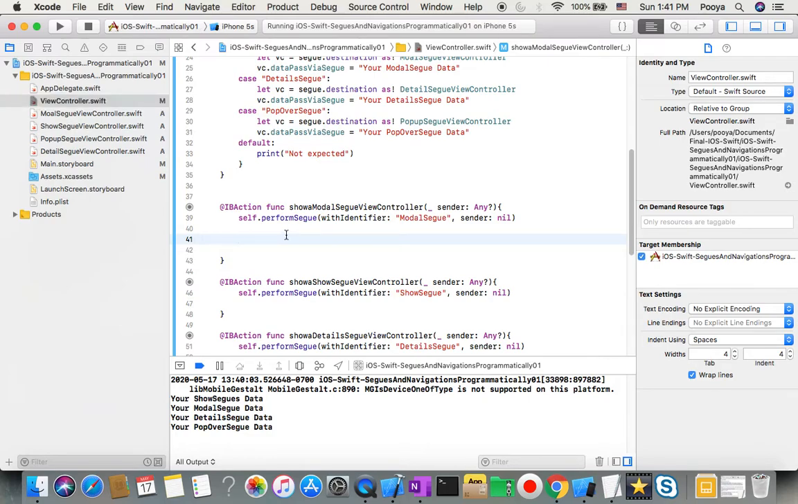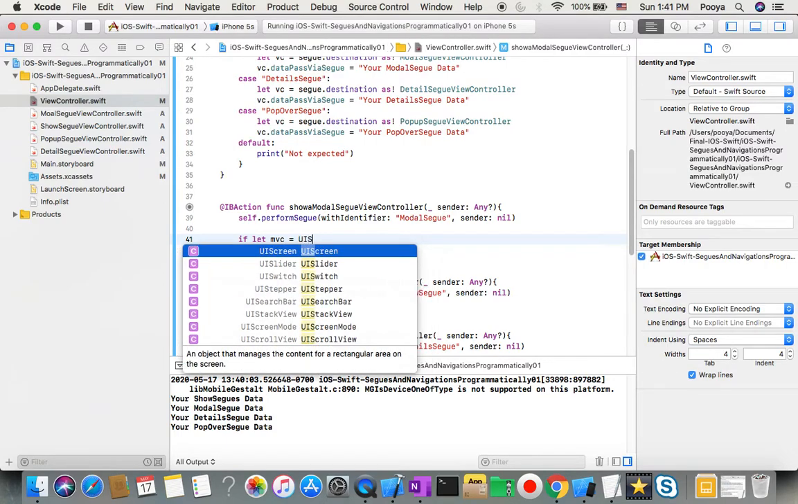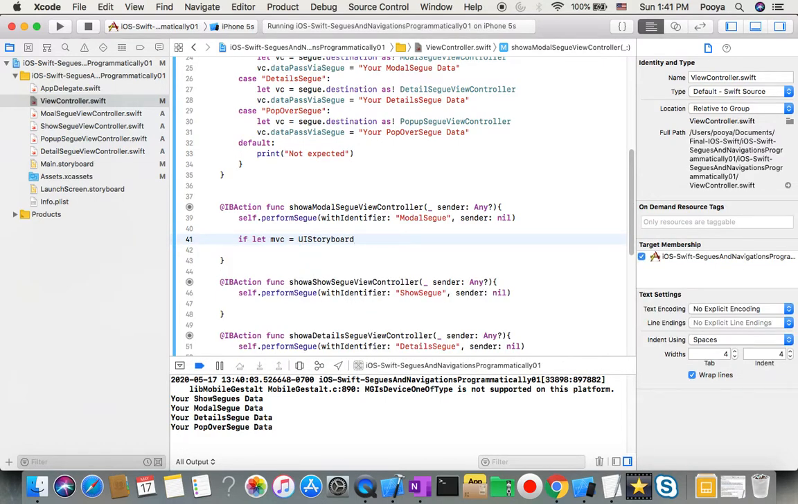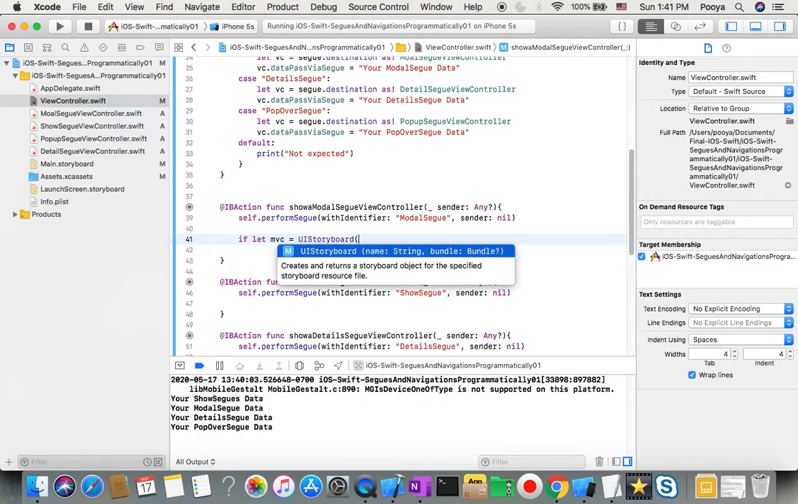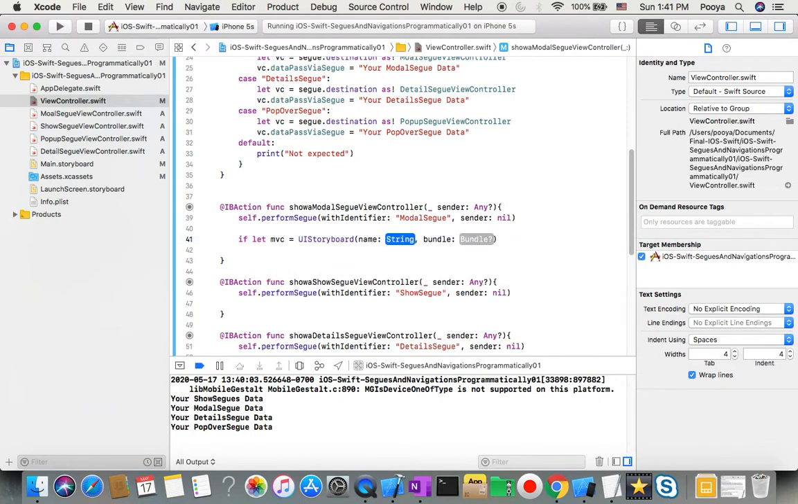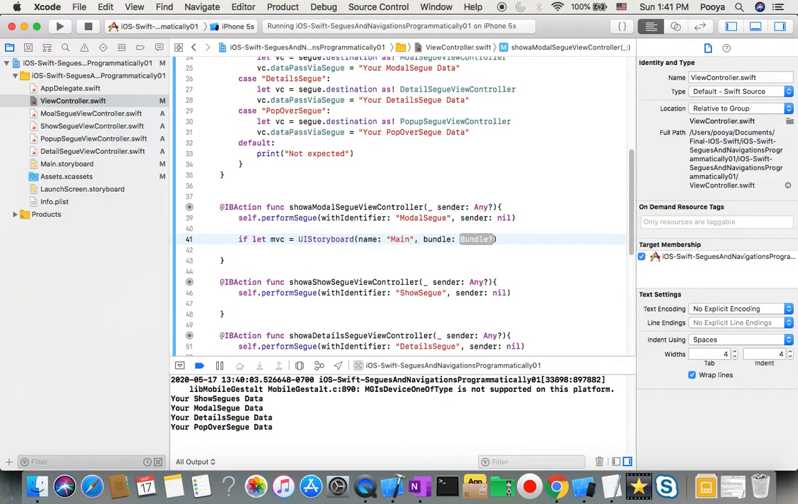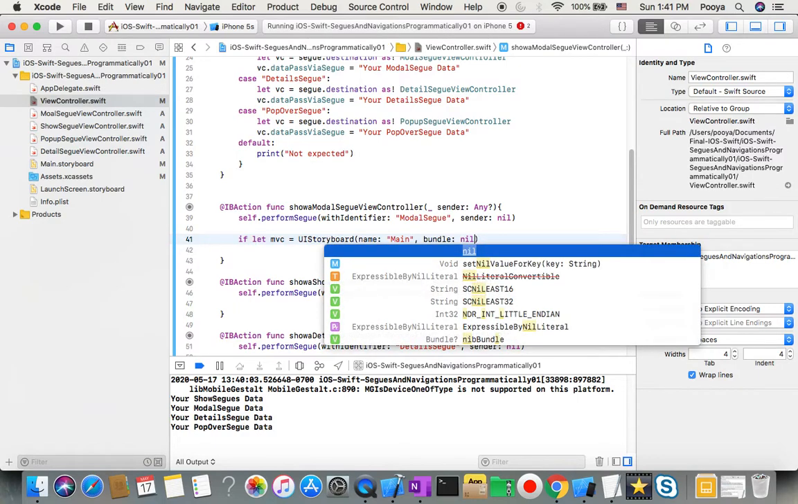You say, if you could create one MVC in UIStoryboard by the name of main and bundle nil. If you could create this